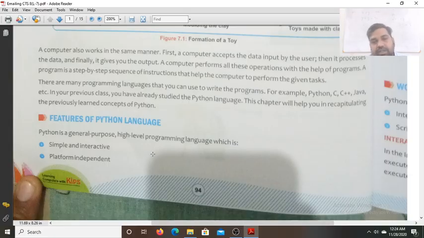machine. As you know, the operating system is system software. In our computer lab there is the Windows 10 operating system on every computer. Similarly, I am also using Windows 10 on my computer. These are the platforms. Someone is using Windows 7, someone is using the Mac operating system, someone is using iOS, someone is using Linux, and someone is using Unix. So every operating system has a different machine language, but this Python language can be executed by all the different operating systems. That is called platform independent.